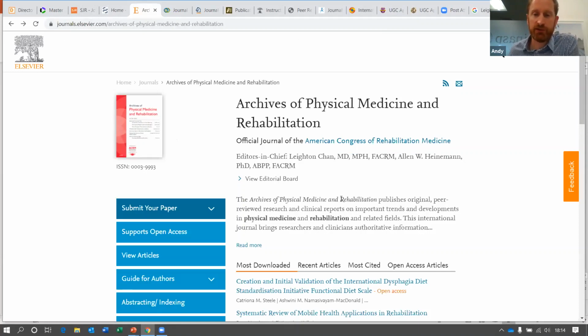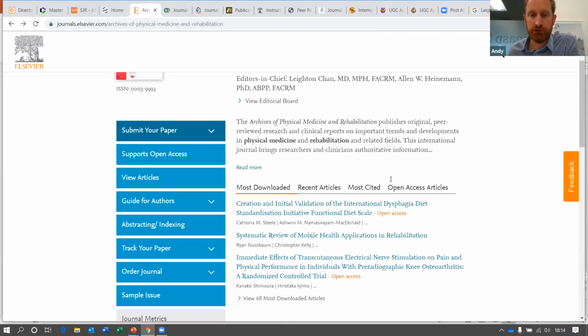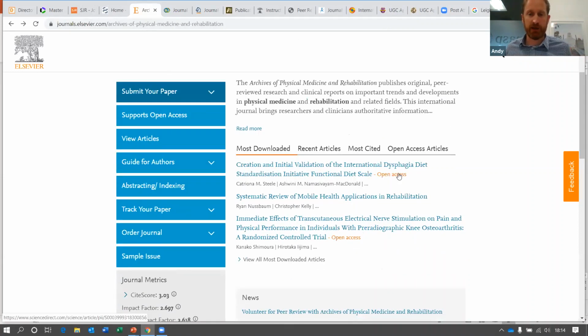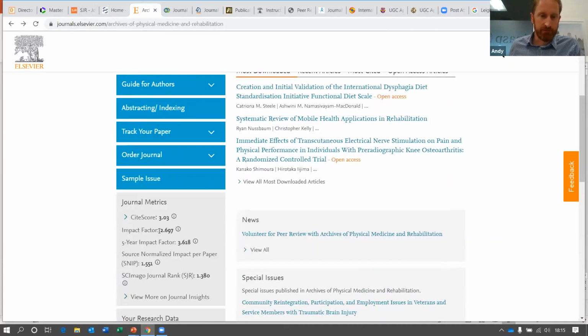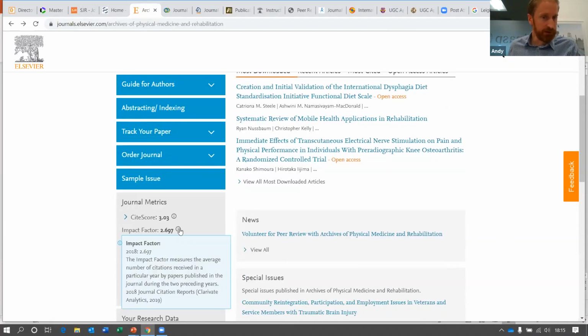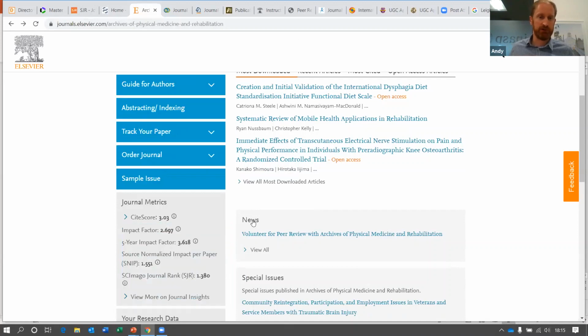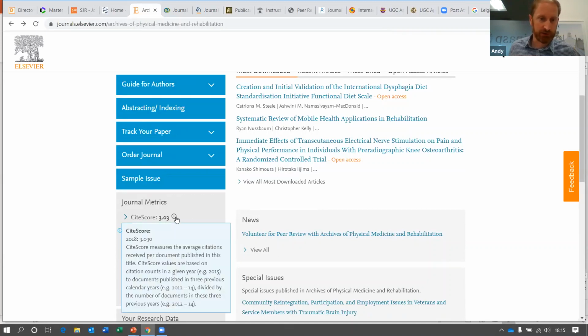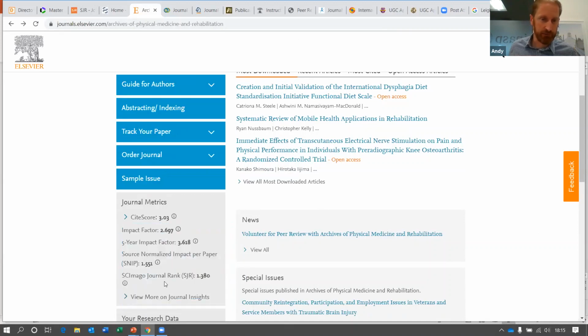So this is a traditional paywalled journal, but it does have some open access papers in it. So this is what we might call the hybrid model. You can see these two papers here are open access. The one in the middle, I will hit a paywall, it will ask me for some money. It claims to have an impact factor. So this is supposedly indexed in Clarivate Analytics, as we can see from the text there. It also says it has a CiteScore, which is Scopus.